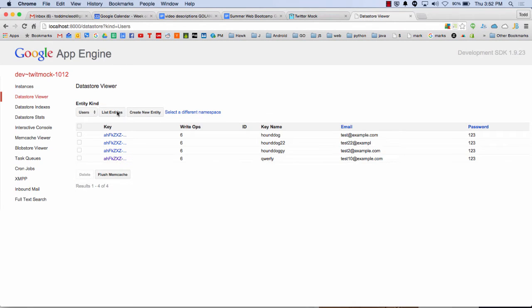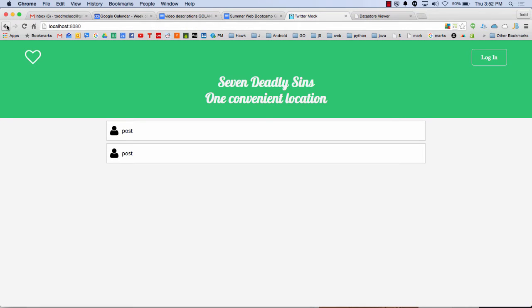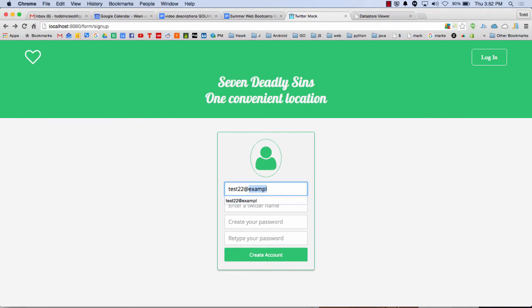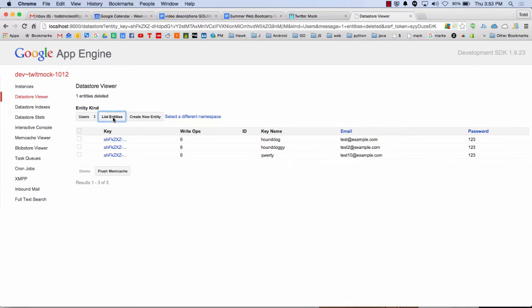Example, we're going to delete that one. Because that's just normal HTML5. This is an email validation. So let's go back and try without the @ sign. I guess it's just checking for the @ sign. Hound dog 24, 22, 1, 2, 3, 1, 2, 3. There we go. Need at least the @ sign. So that's what it is checking for. Create account. And now that's been stored in the data store.